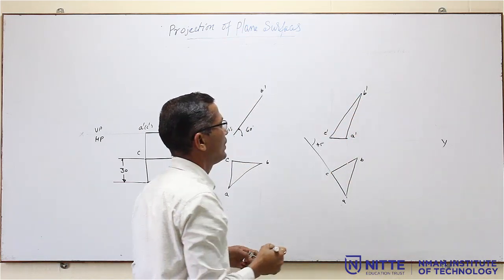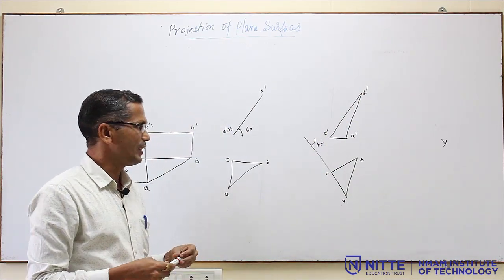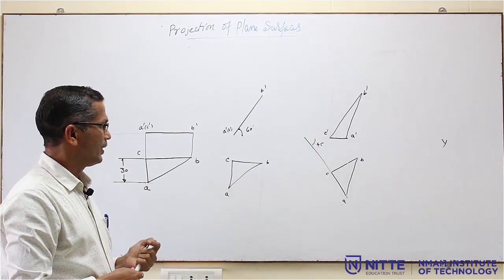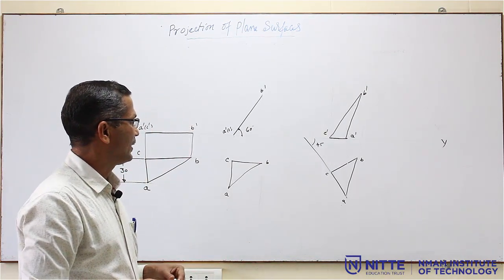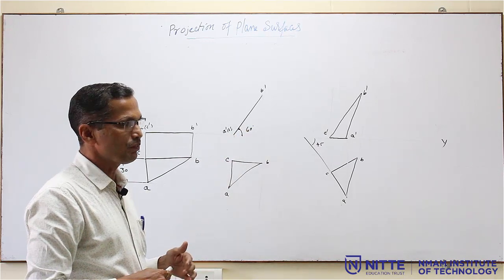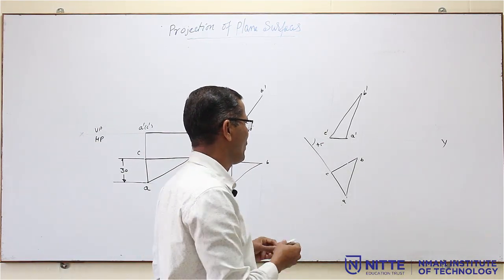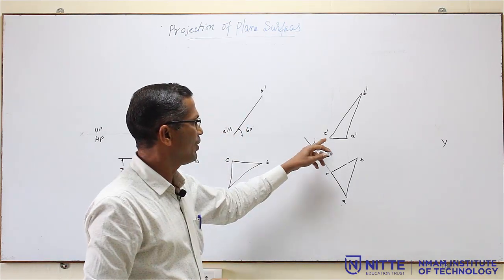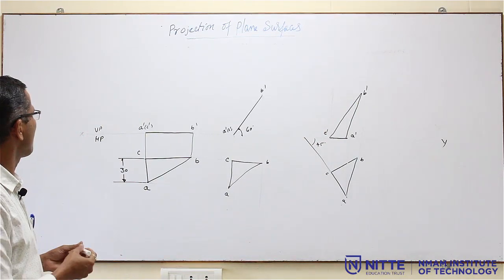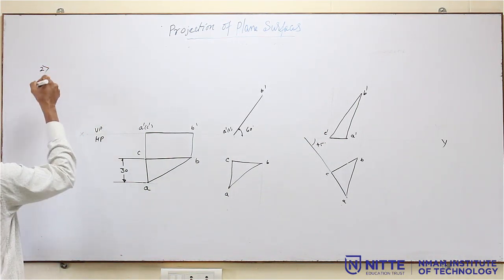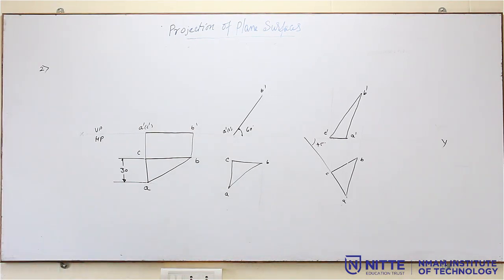A, B, C. So, this is the final view, the front view, if the set square is placed in the given condition, that is on the shortest side and the set square is inclined at 60 degrees to HP. The shortest side is inclined to VP at an angle of 45 degree, then the front view looks like this. So, this is the solution for problem number 2 in the question bank.